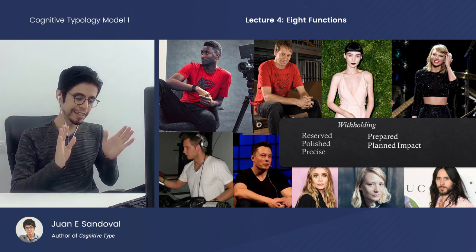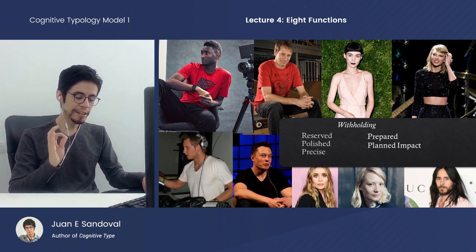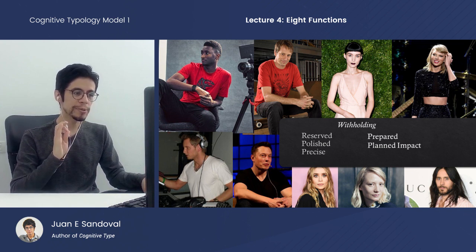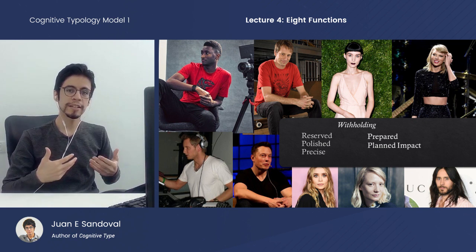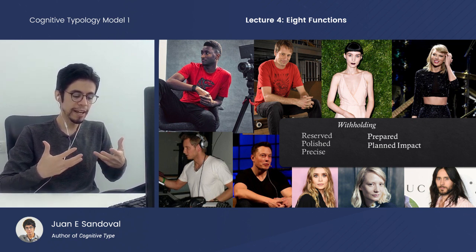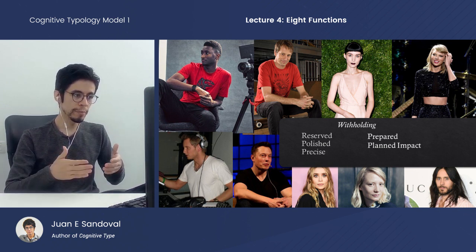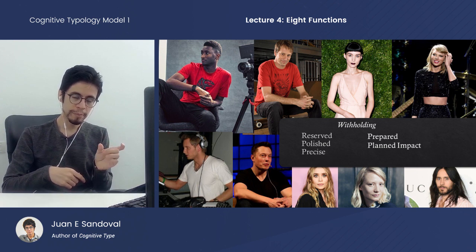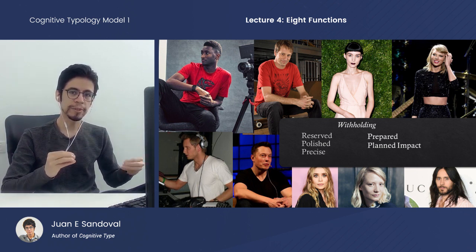For example, let's take Taylor Swift, who is very well known for hitting just the right social notes with almost every one of her songs. She has this tendency to be very polished and to present songs that capture the zeitgeist, and she does it through her own storytelling, of course, but she never does anything erratic, bizarre, or out there in the kind of way that we see with someone like Bjork.